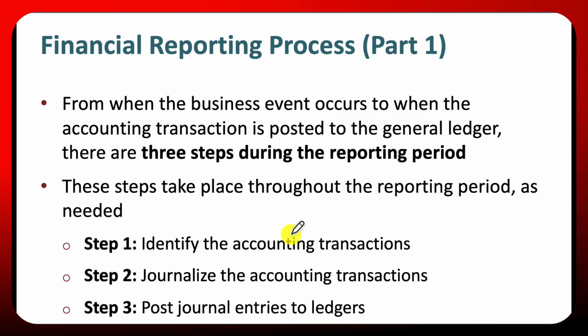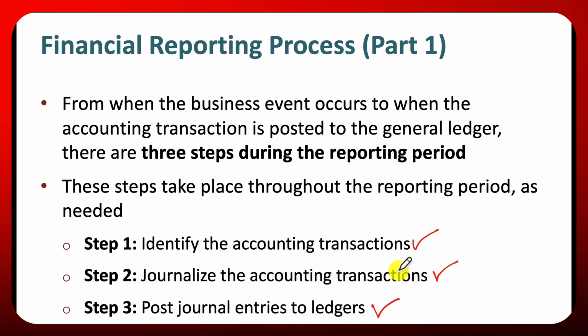From the business events that occur to when the accounting transaction is posted in the general ledger, there are usually 3 steps that we do during this reporting period. These steps take place throughout the reporting period. Step 1, we want to identify the accounting transaction. Then in step 2, we want to journalize the accounting transaction